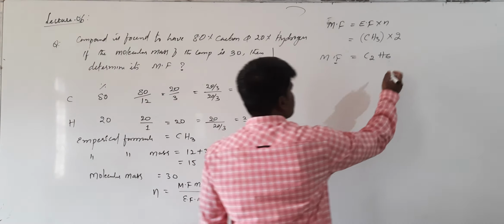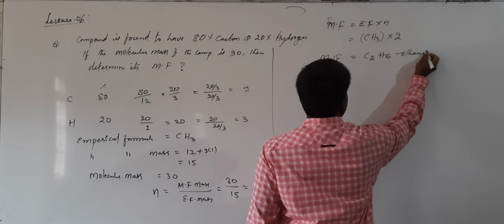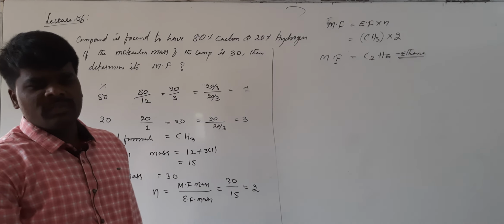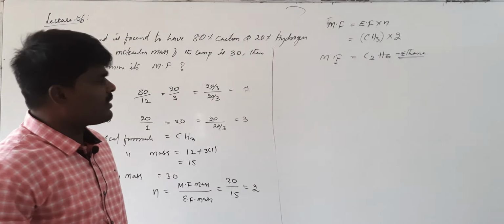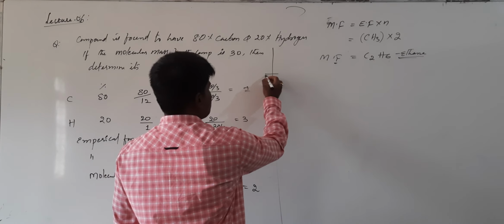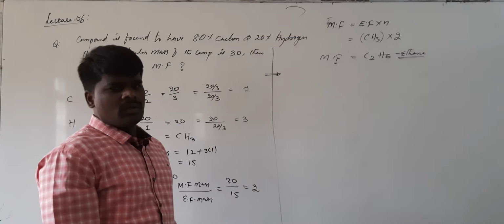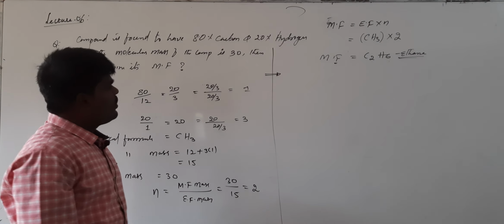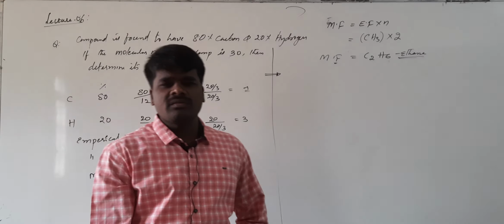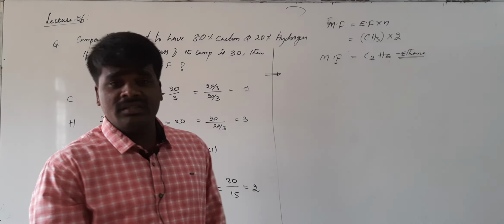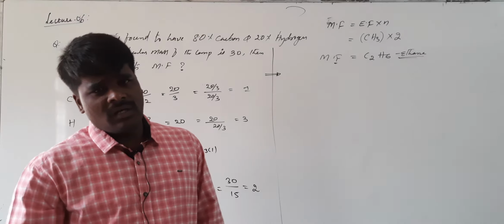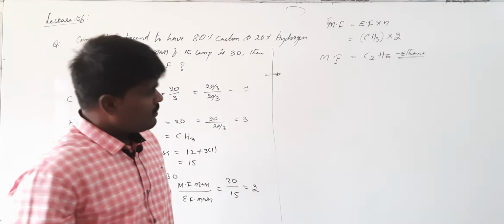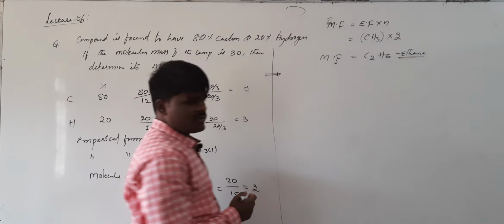Now, what is this compound actually? This is ethane. This is another way of asking a question from the concept of molecular formula and empirical formula. There is one more way of asking a question. We'll try to solve one question on different ways of asking questions. In the last two questions we have discussed, he has given the percentage weight of the element in the compound, but it can also be given as the ratio of the weight of the elements in the compound. We'll see another example of such type.